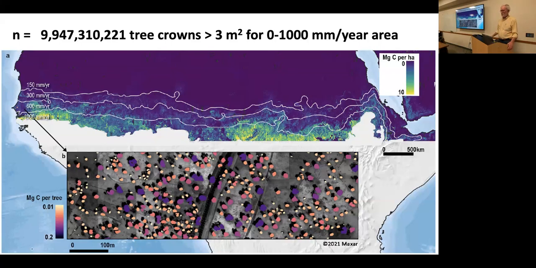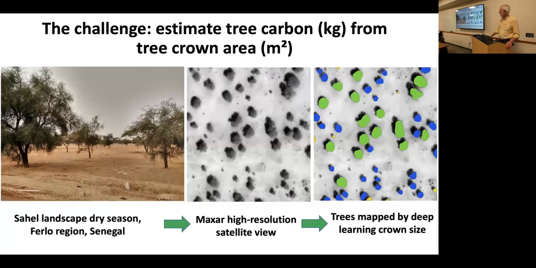It gets to be kind of mind-boggling, and I apologize if this becomes boring. So here's just an idea of what things look like on the ground. Here's what the data look like in the middle, and here's what our neural net detects as trees using our machine learning approach. Now, when you do a study like this, the first thing you have to do is determine what is the uncertainty and what are the sources of the uncertainty.